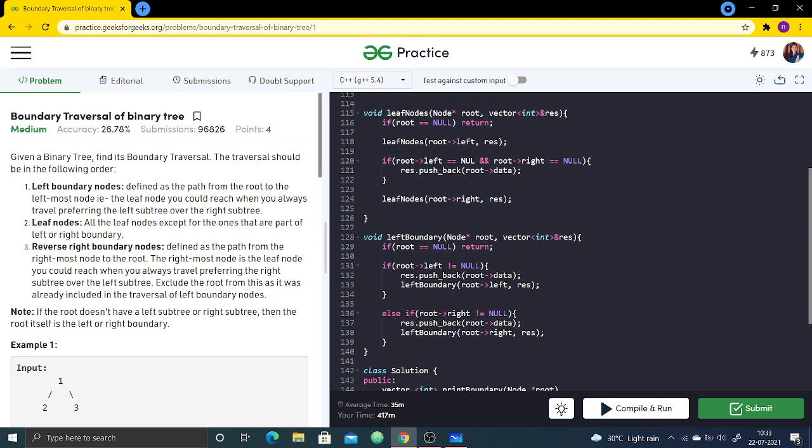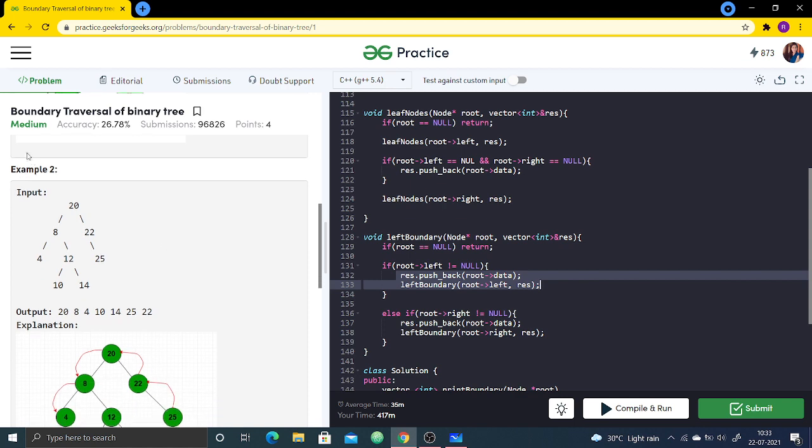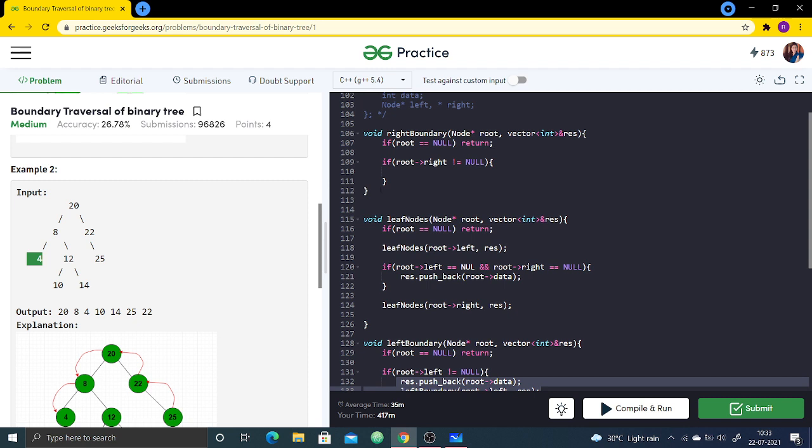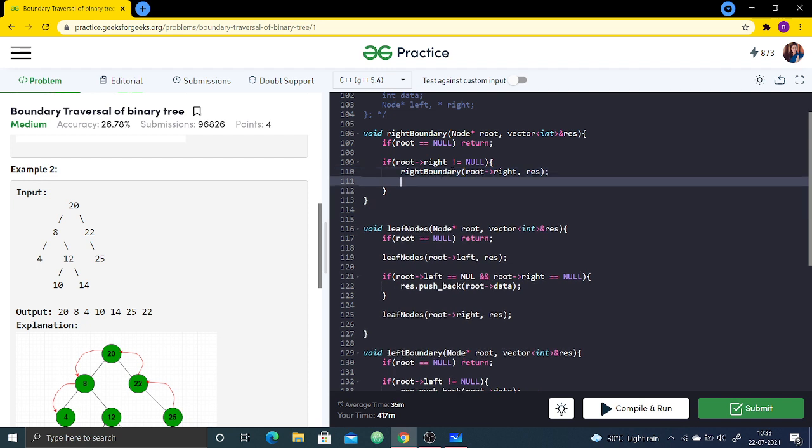If its right child exists, then we will see. While printing the left boundary nodes, I first pushed the data into a vector and then made the recursive call, because I want to print the data in the top-down manner, that is 28, 4. But while printing the right boundary nodes, I want it in the reverse order, that is 14, 25, 22 and 20, kind of this. So that's why we are going to do the bottom-up manner, that is first we will make a recursive call and then we will insert it into a vector. So the right node would be accepted as a parameter, the resultant vector, and then after that you just push it.